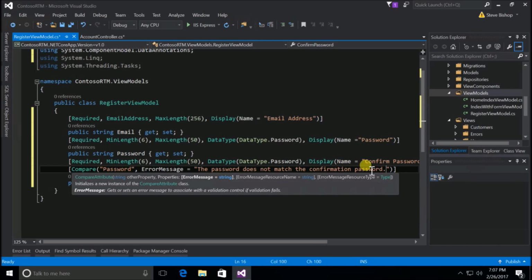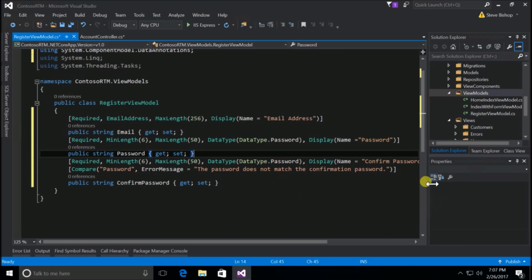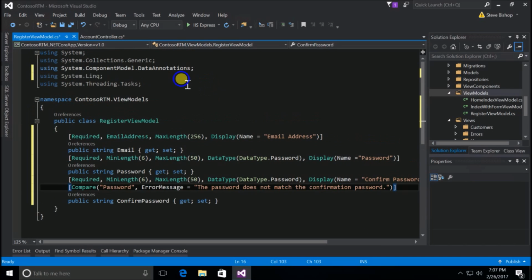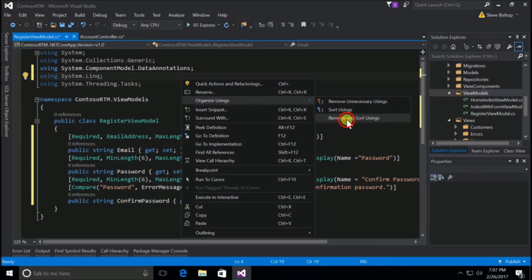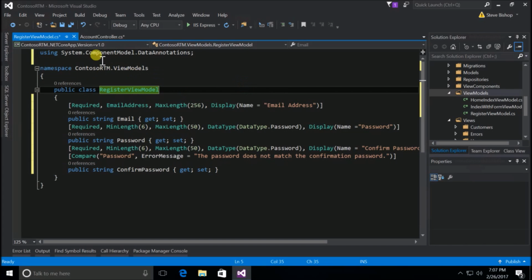You can say whatever you want it to say there, but that looks pretty good to me. So with our view model set, I'm just going to go ahead and remove and sort the usings to get rid of all those extra using statements that we don't need. And now that we have